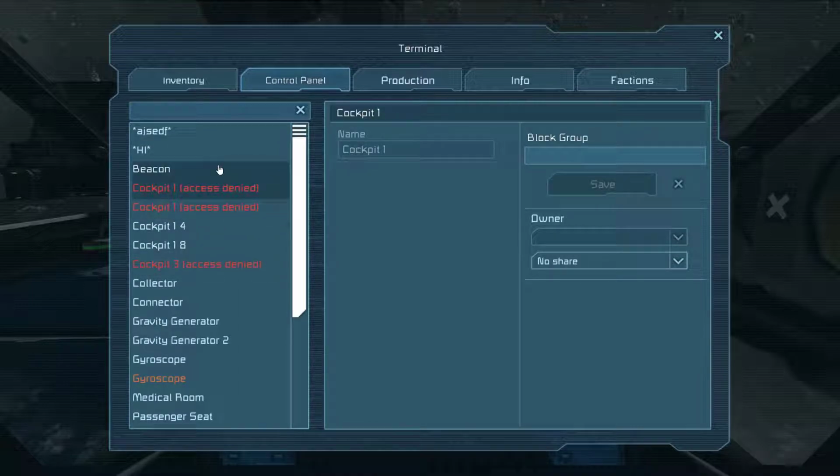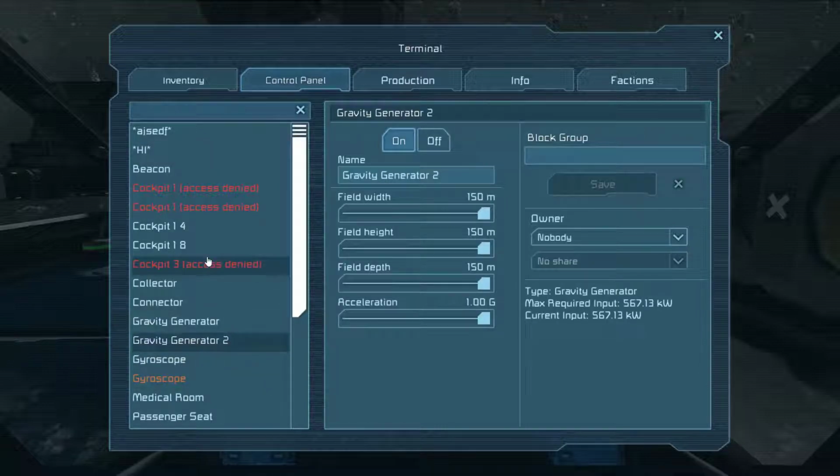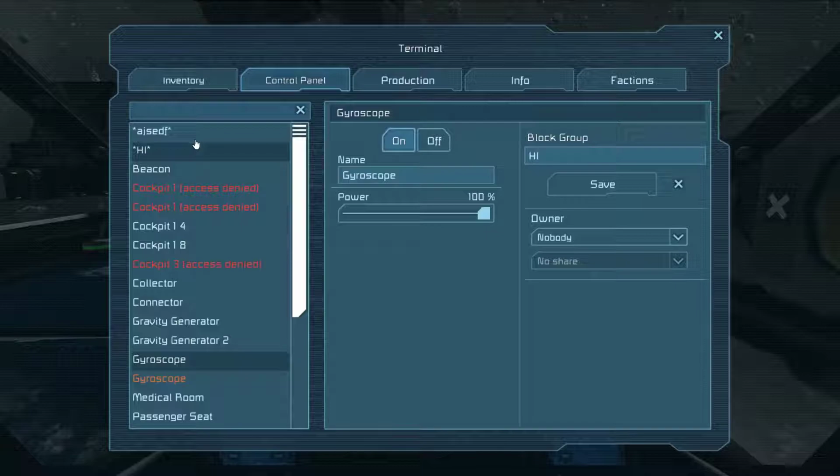Wait. Okay, I thought I had block groups figured out, but now I'm not too sure. Set this, and set this. Okay. What? I'm sorry. I thought I had block groups figured out, but apparently, what? Is that not the same as just renaming it? I mean, you can't even...